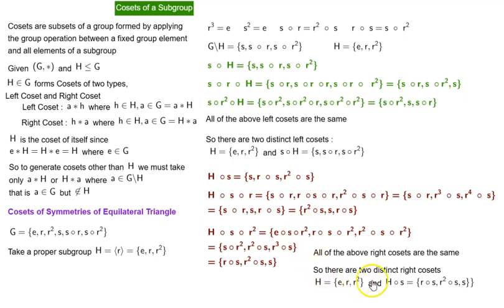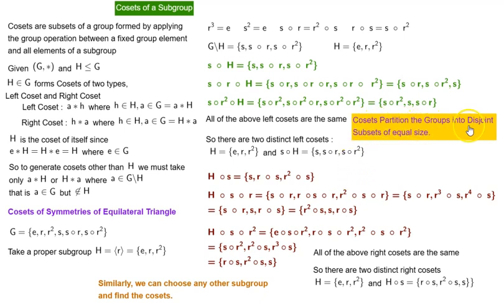So there are two distinct right cosets. That is the subgroup itself and H times S. We can take any one of these. Simplest one is this. So H times S. Similarly, we can choose any other subgroup and find the cosets. Remember,